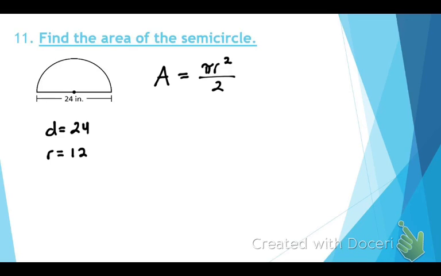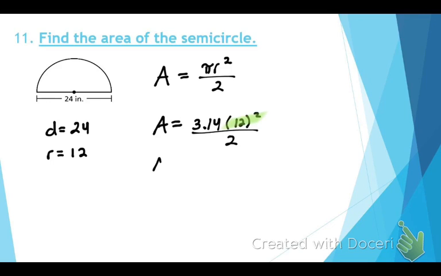If you didn't get that, erase it and fix it. What's pi? 3.1. What's my radius? 12. A lot of times on the quiz, I saw people who were trying to cancel those out. Can you cancel those out? No. Then I saw people who were trying to cancel these out. Can you cancel those out? No. The first thing you have to do is your